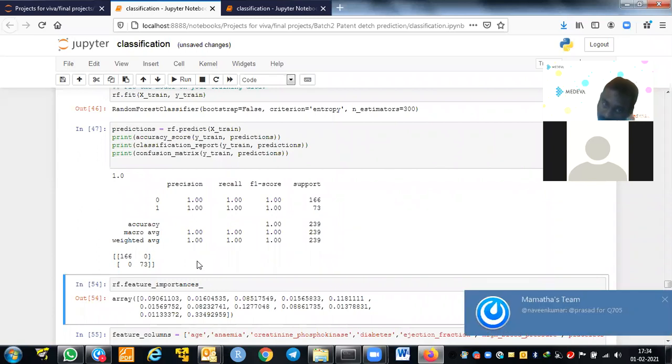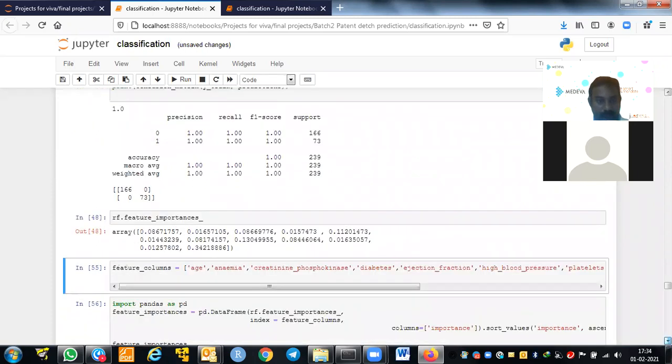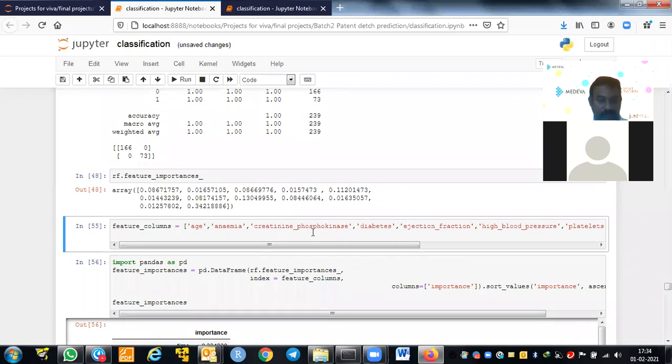But we are not interested in using the random forest. Our aim is to find the variable importance. So that's what we are using, variable importance. Once we do the variable importance, our aim is to find the key variables. That's what key variables we are finding. So this is the order of the key variables.